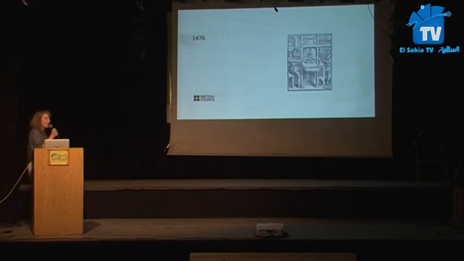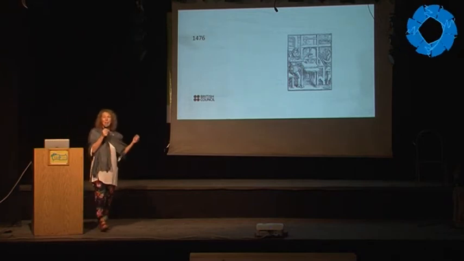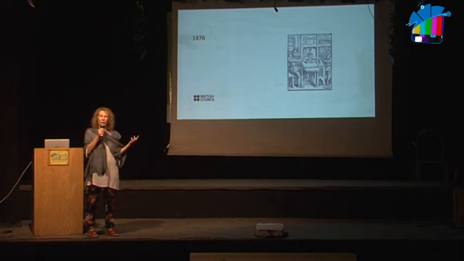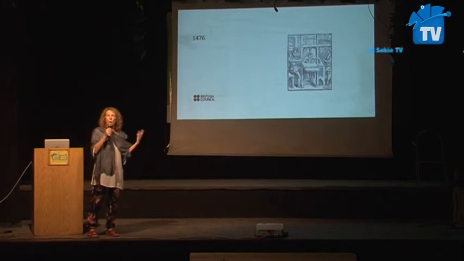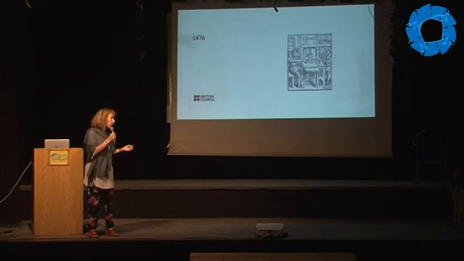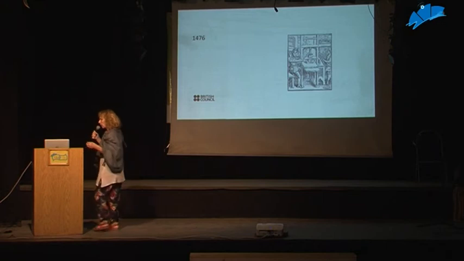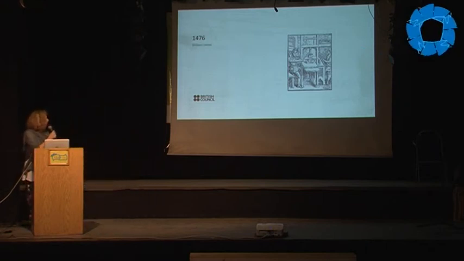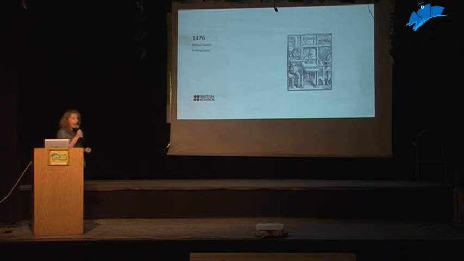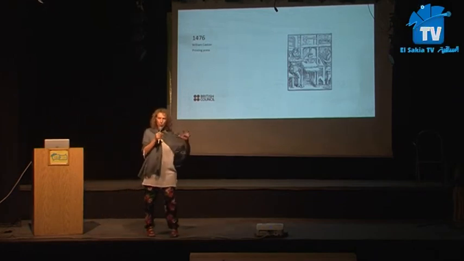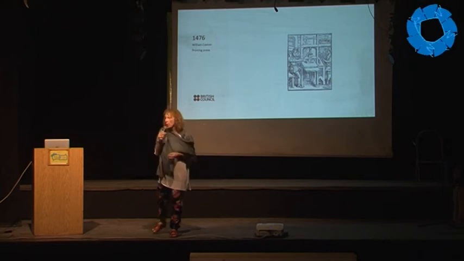In 1476, the first printing press arrived. So this meant that there was a huge change in the language because the public now had access to printed books. So William Caxton brought the first printing press from Germany. Now this meant that they had to standardize English, because if you're printing books, everybody in the whole of England was supposed to be able to understand the written word.